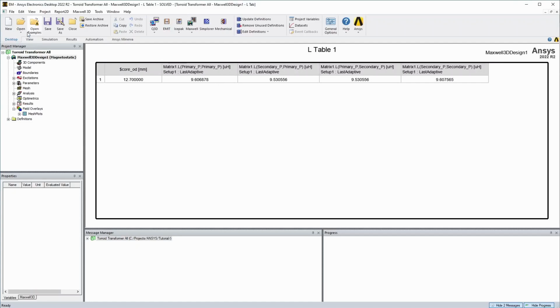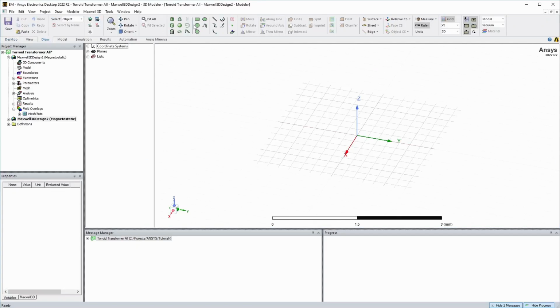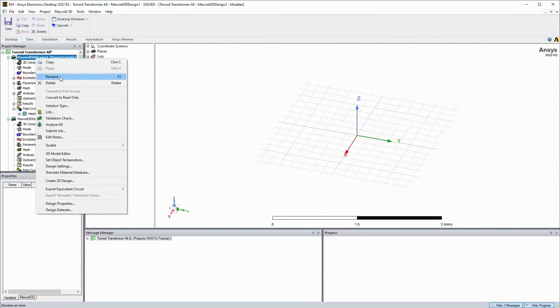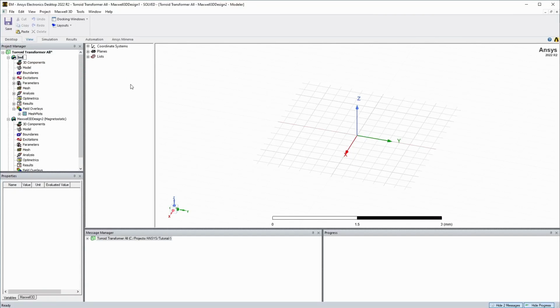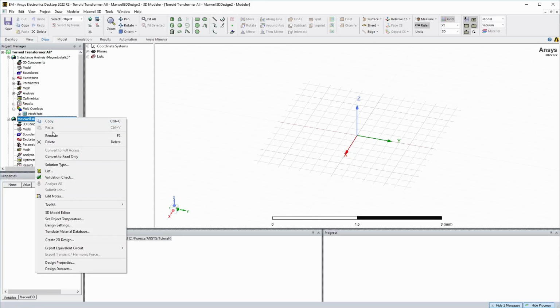So what I'm going to do is just go back to the desktop here and add a whole new Maxwell design. And I'm just going to rename this one to Inductance Analysis. And I'll call this one